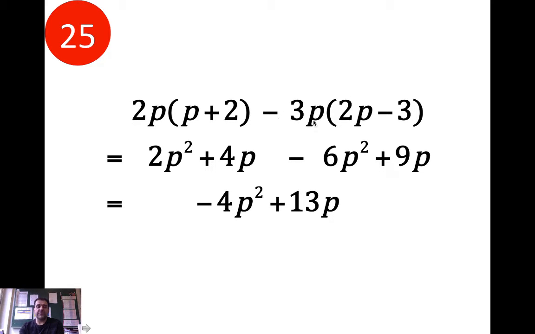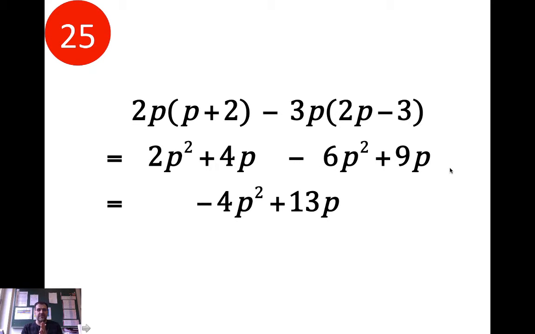So minus 3p times 2p gives you minus 6p squared, and then minus 3p times minus 3 gives you plus 9p, because minus times minus makes plus. So altogether I've got 2p squared plus 4p minus 6p squared plus 9p,